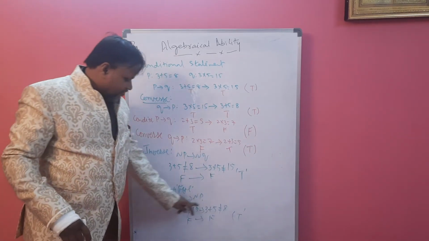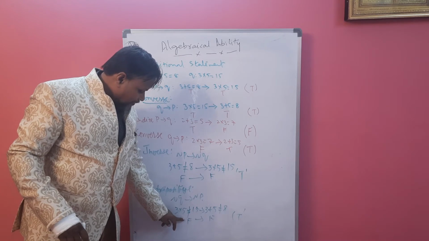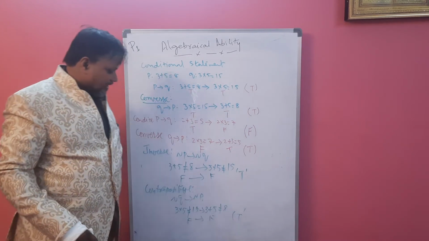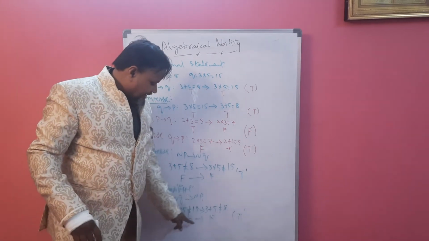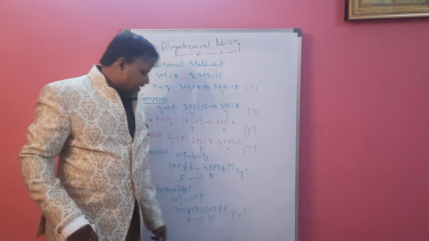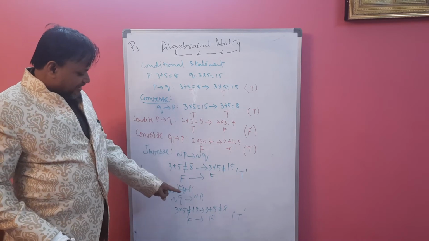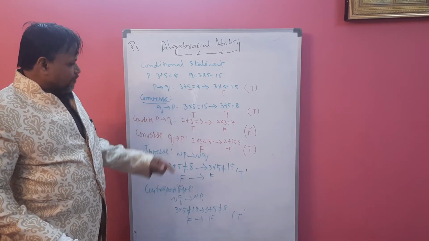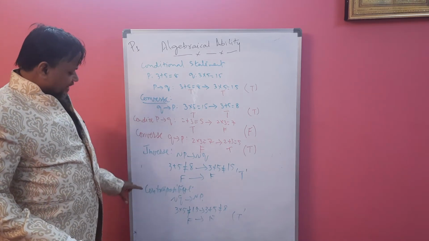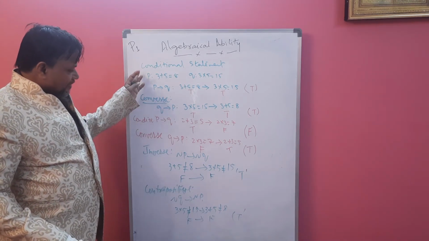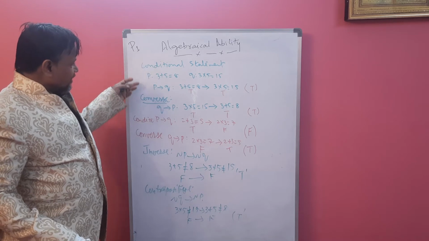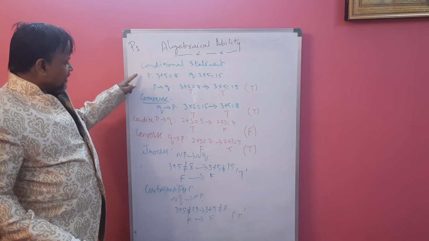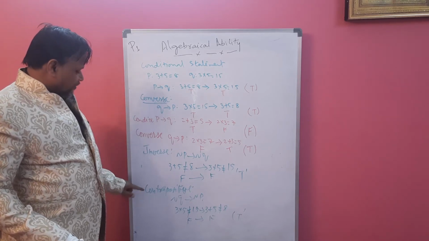Both are negations. Truth values we will get: false implies false. False always implies false. A bad person implies another bad one. So we will get true. Whenever implies is there, we have to put true. Whenever not implies is there, we have to put false. So these are the conditions we can write according to the given values. Converse, inverse, contrapositive.